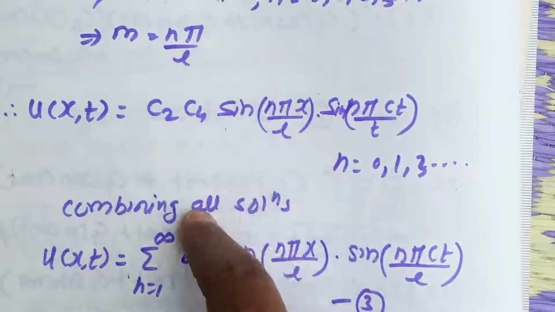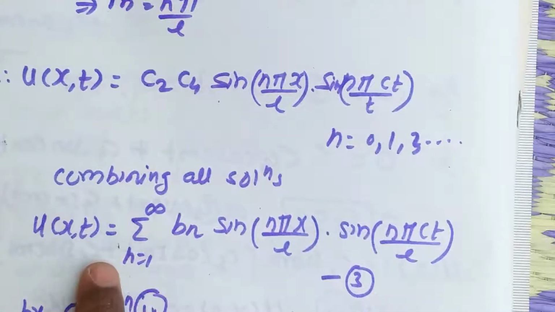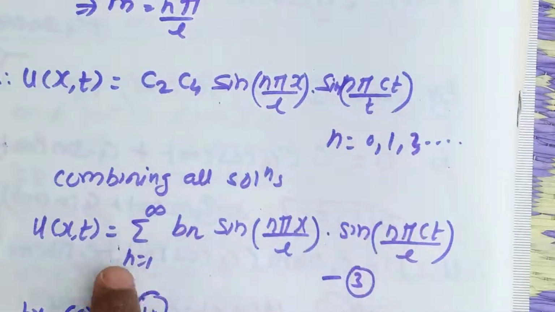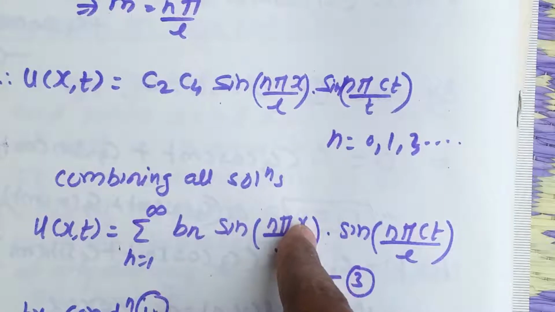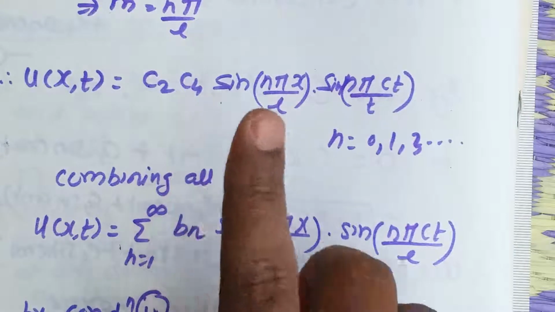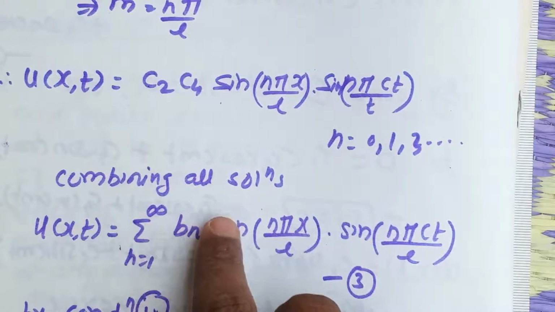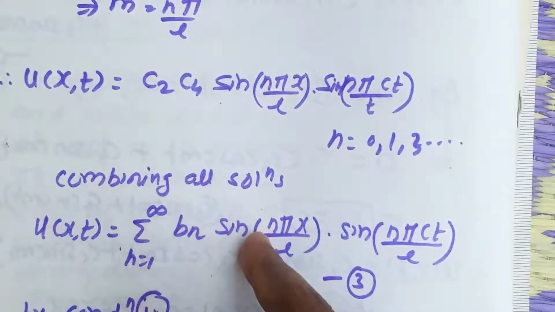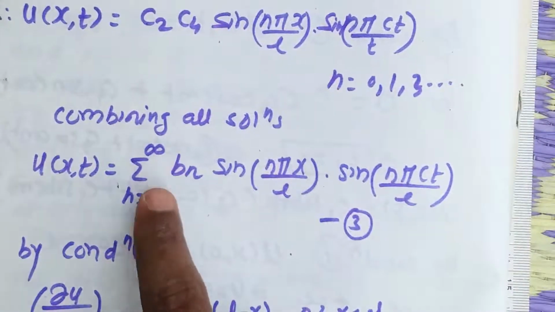Now what is the next step? We combine all these solutions. Whatever solution we obtain after using condition number 3, we are going to get a series, right? And that series starts from n equal to 0 to infinity. But even if you start writing from n equal to 1 to infinity, it doesn't matter, because when n is 0, sin 0 is 0, and we get a sine series in every problem. So you can start your series from 1 to infinity also. In the previous two problems I started it from 0 to infinity, but you can start it from n equal to 1 to infinity, because even if you start from 0, you are adding 0 to this series, but that doesn't matter. Hence I have started here with n from 1 to infinity.